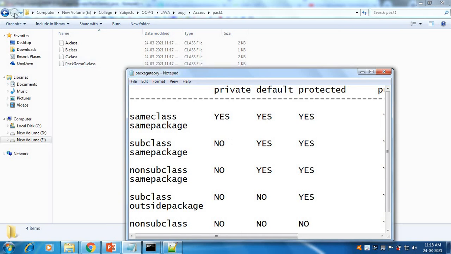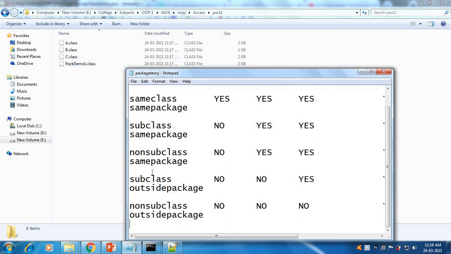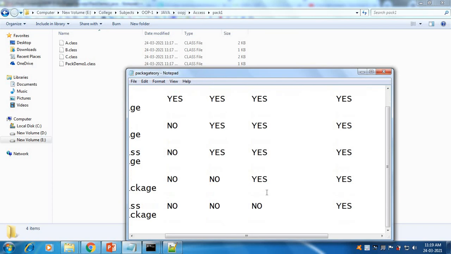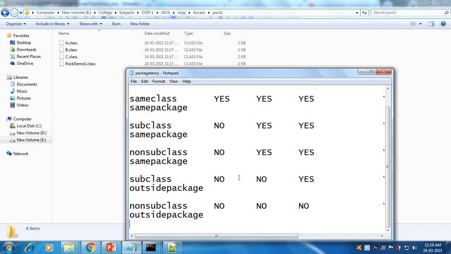Okay, now if we talk about class D and class A, class D is a subclass of class A in a different package, so it is a subclass but outside of the package, so it can be accessed via protected or public access specifier. If any variable or method has private or default access specifier, then we cannot access it.